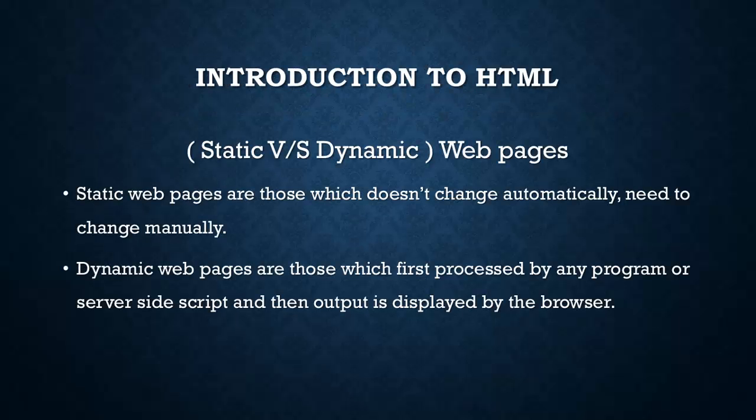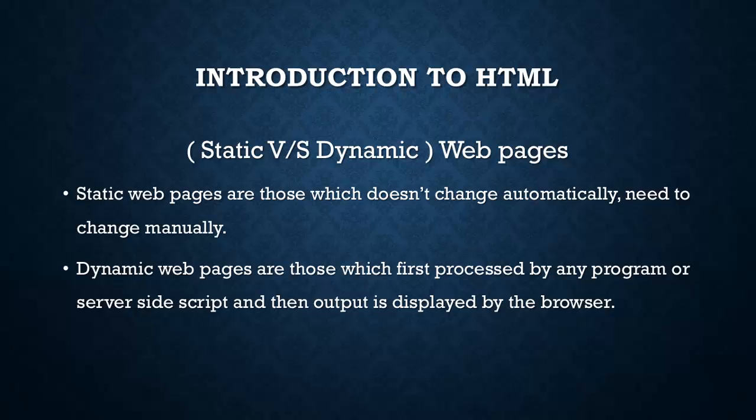Web pages can be of two types. First is static web page and second is dynamic web page. Static web pages are those which do not change automatically, need to change manually. But on the other side, dynamic web pages are those which can change automatically by using a program running in